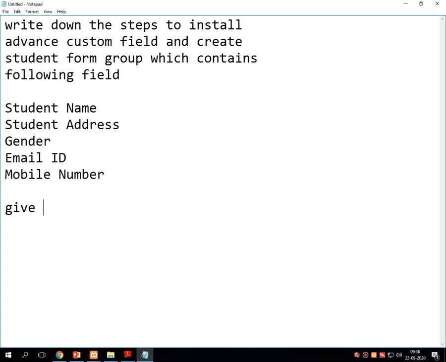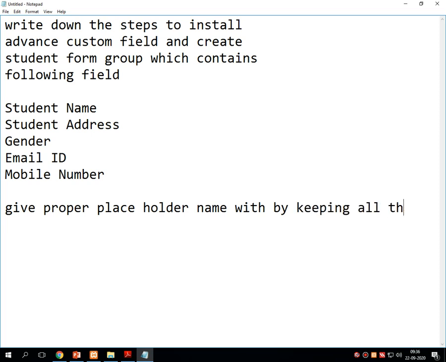Give proper placeholder name by keeping all the fields compulsory.